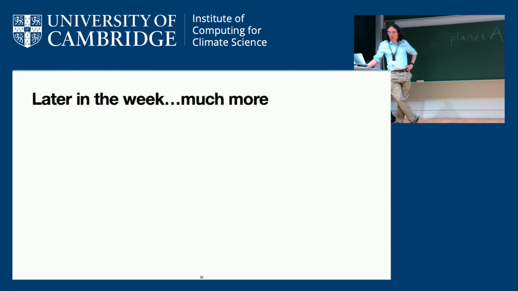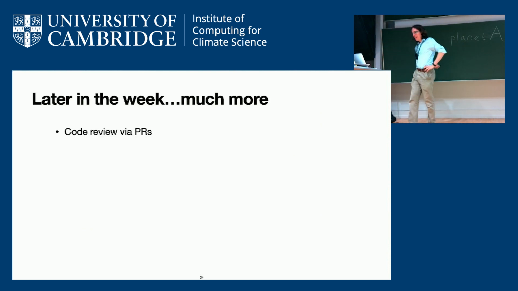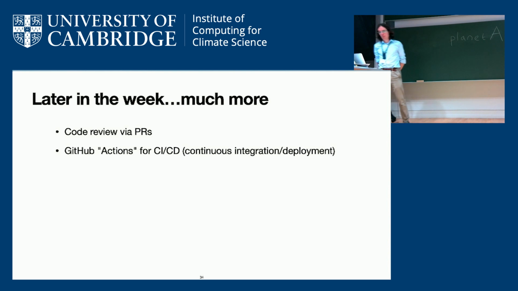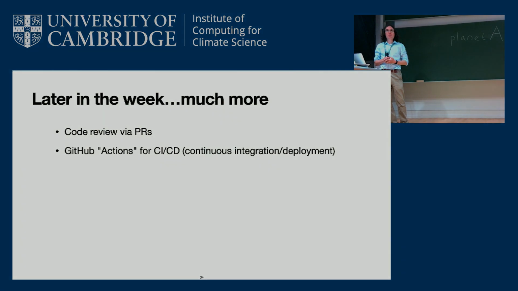So this was really the part one. The things that will go beyond this is then later in the week looking at code review and talking about practices in code review. How do you review each other's code? Do that effectively. We'll also talk about pair programming, which is a particular style of working together. And Ben later in the week is going to talk about GitHub Actions, which is a system for having the continuous integration and deployment techniques done for you automatically in GitHub, which is really nice. Okay, so that's all I have for this workshop, but if there's things you want to do